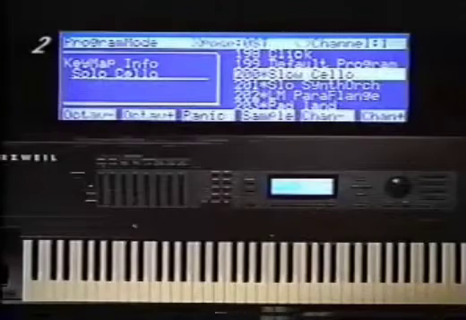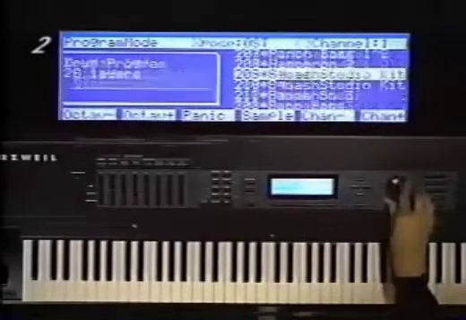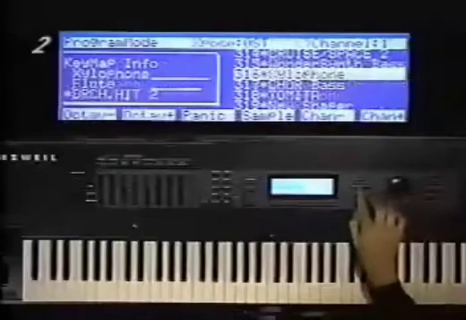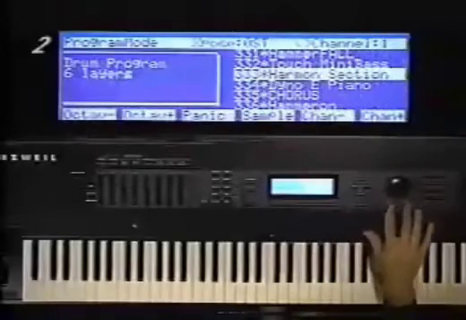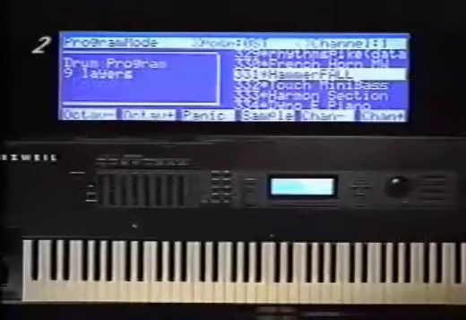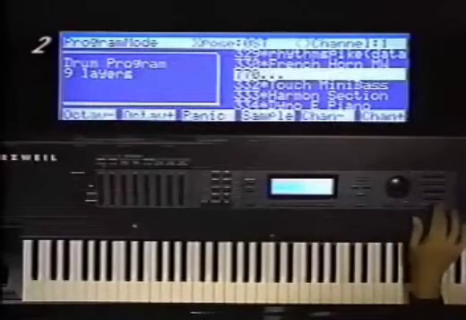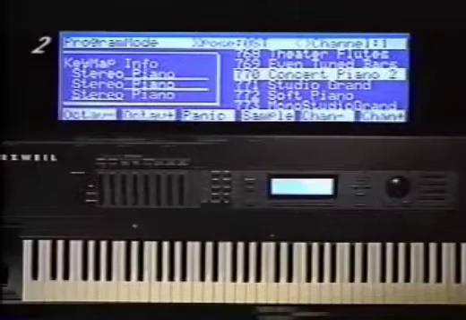To scroll through different programs, you can use the wheel, the arrow buttons, or the plus and minus buttons. You can also call up a specific program by typing its number and pressing Enter. As you explore our preset programs, make sure to move the sliders and the mod wheel. You will find that we have programmed them so that all 8 sliders and the wheel will change some aspect of the sound. In general, the first 4 sliders and the wheel will change programming parameters, while the last 4 will change effect parameters. For example, in program 80,